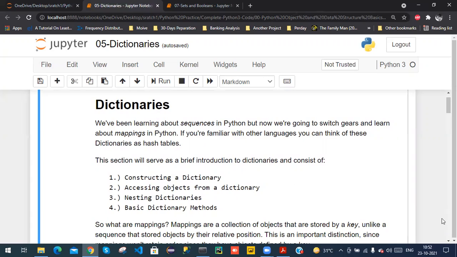Dictionary is an unordered collection of items. It's unordered by default, but there is also an ordered dictionary available in Python 3, though default dictionaries are unordered. Each item of a dictionary has two values. One is key, another one is value. Dictionary means it's a key-value